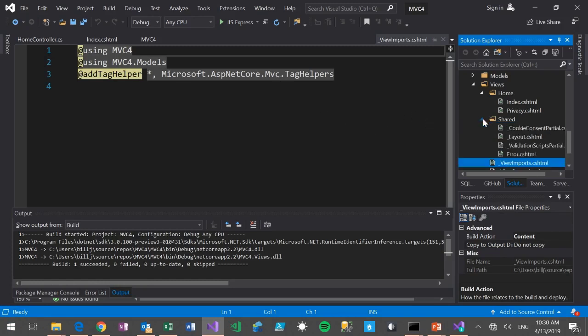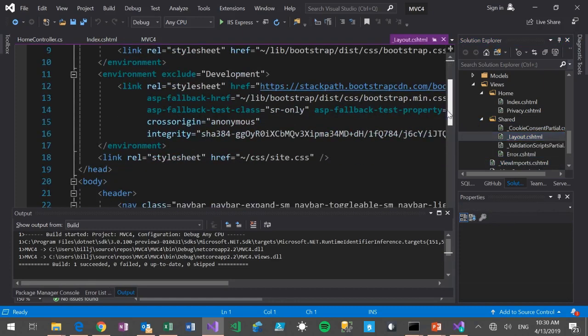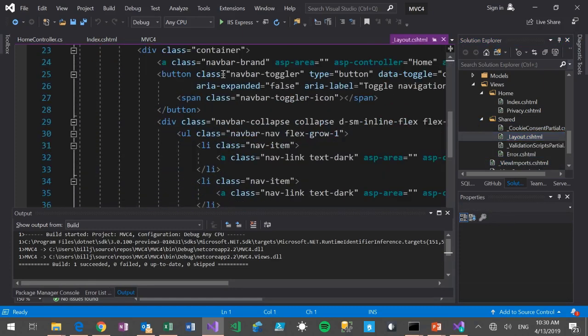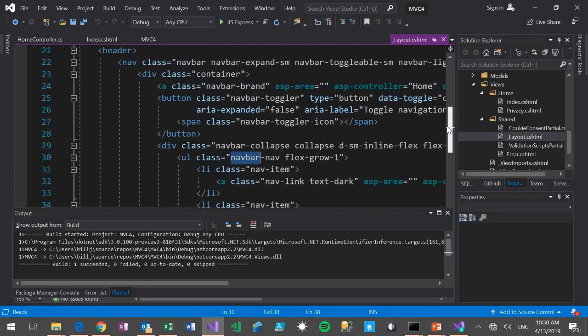Then I go into shared and say, aha, there's layout. Layout is where my menu is. And if you look down here, it has buttons, it has a nav bar, it has a nav bar nav. So that is actually the thing here. And I'll show you the one up here is,